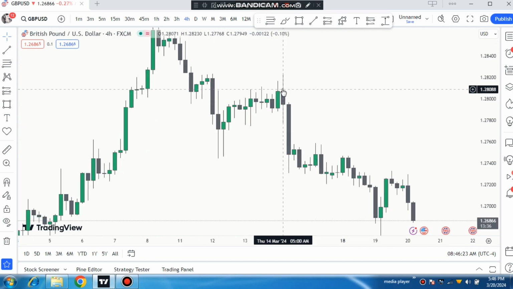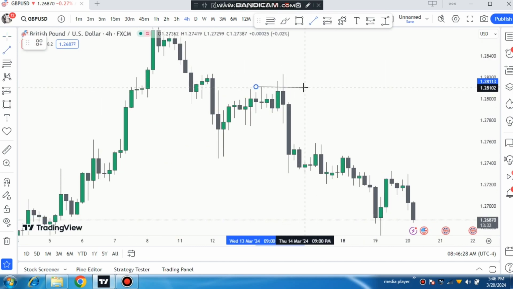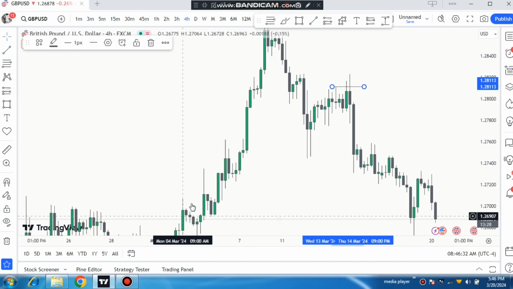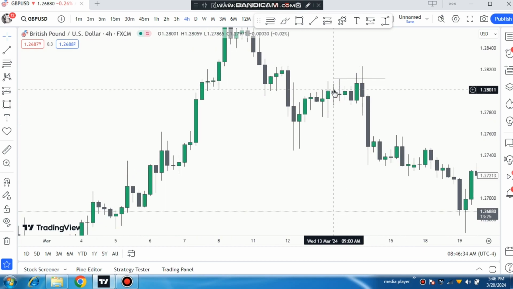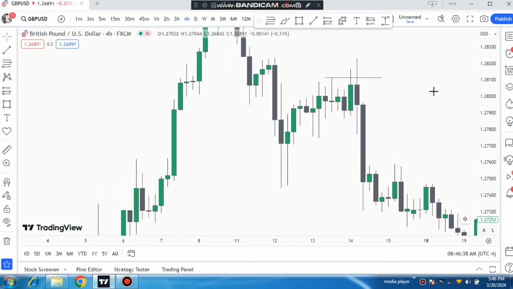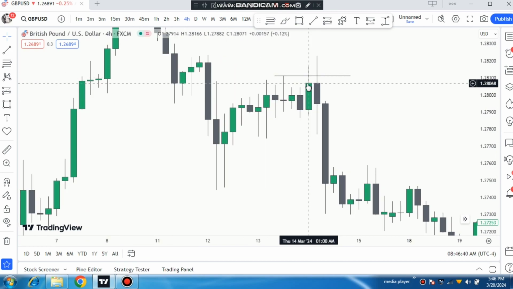So here you can see again we will mark this swing high. In this case we marked the swing high. In the bullish case we marked the swing low. So you can see the price went above it, and then closed below it. So this is what you have to look for. You have to mark the swing high, wait for the price to sweep it, and then wait for the price